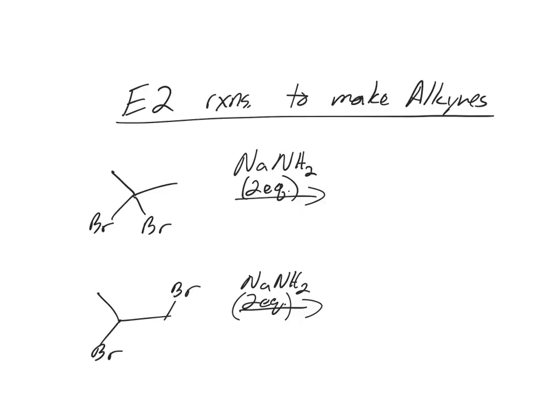NaNH2 2 equivalents. That means how many E2 reactions can I do? 2, right? Each of these cases I have 2 leaving groups. They're going to give me the same exact products. Draw the alkyne first. If I added another equivalent of NaNH2,